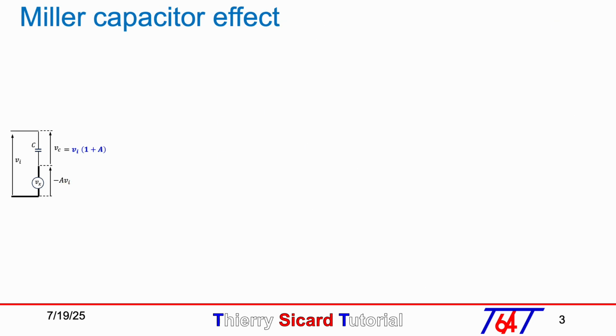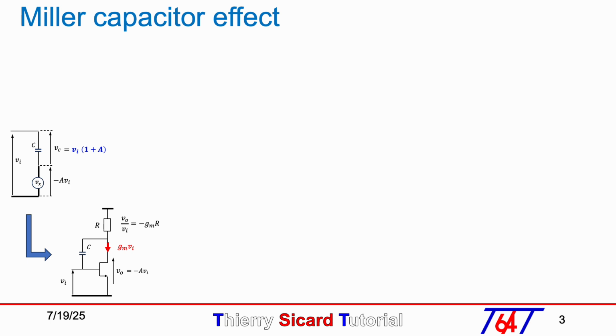We began our explanation of Miller capacitance with capacitor C in series with an ideal source voltage Vx as shown in this slide. We will now see that a common source amplifier using a NMOS with a capacitor C between drain and gate provides a voltage proportional to Vin in opposite phase, which means minus A Vin. Since the drain current is equal to Gm Vin, as shown in red, the voltage gain A is Vout over Vin and equal to minus Gm R.